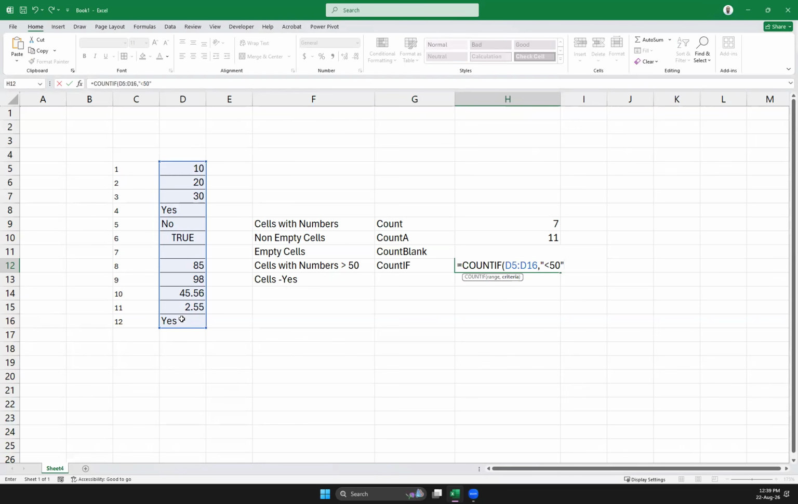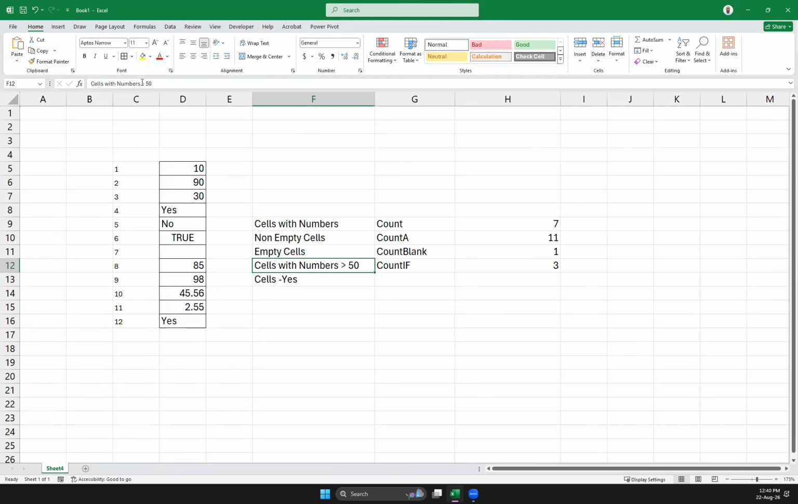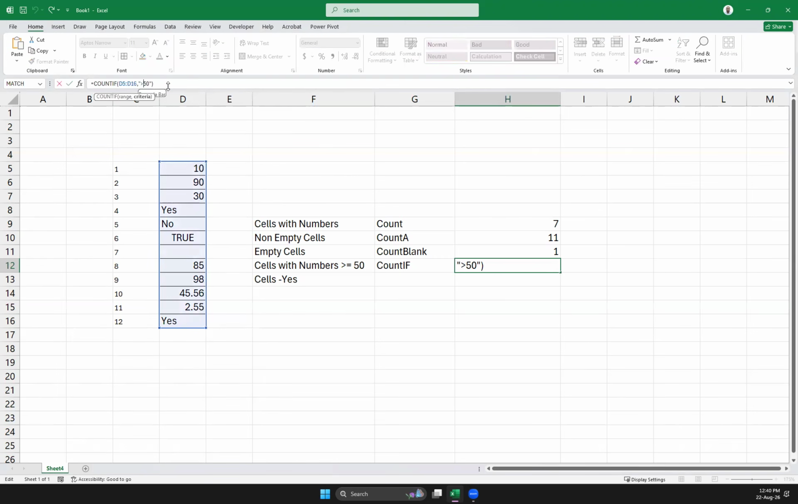Let's see less than 50 first. Right now, you can see less than 50 gives 1, 2, 3, 4, 5. If you want to figure out greater than 50, then it's the other way, and you get 2 only. If you change this, you will get greater than 50. Or if you want greater than or equal to 50, then you can put the equal sign as well. Greater than or equal to 50. Then if you have 50 also here,